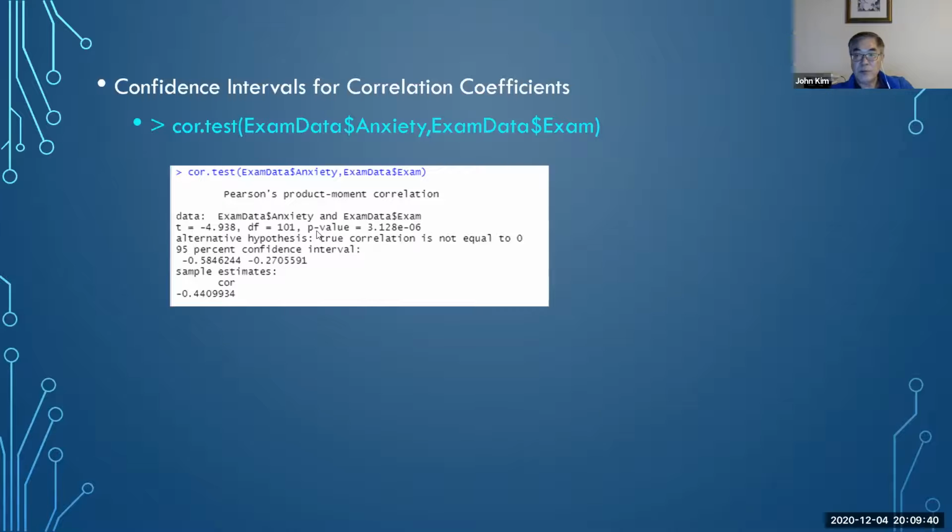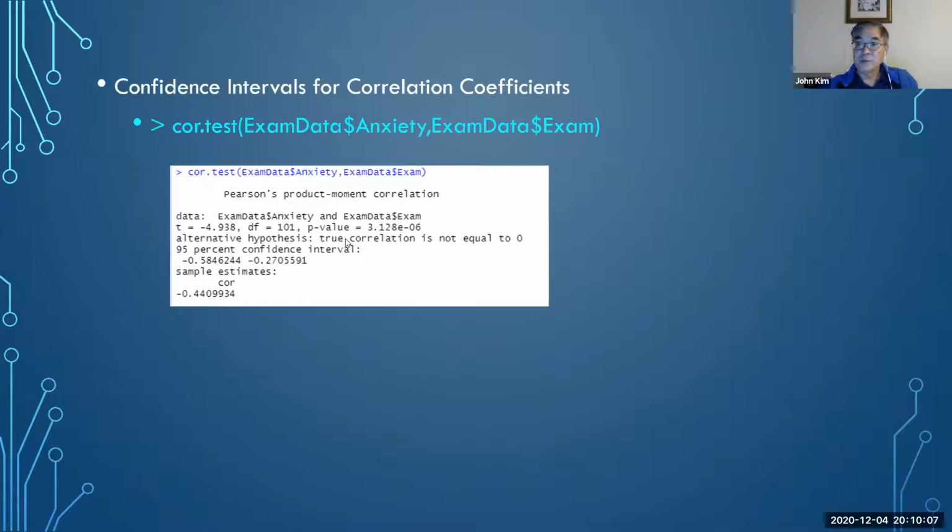So if the p-value is smaller than or less than 0.05 alpha, then we can say it is significant. So because this p-value is very small, less than 0.05,